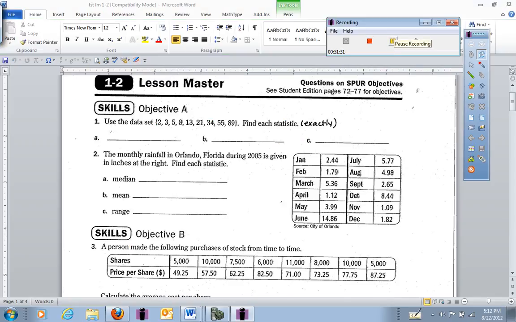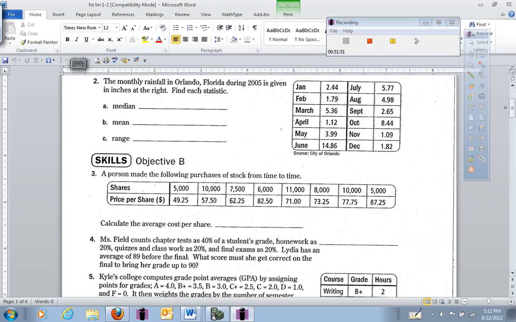Which now brings me to lesson master 1.2. I'm going to go ahead and use some remaining time here to talk to you a little bit about lesson master 1.2, because there were lots of concerns about the questions on this, and I want to make sure that you get a fair shot at looking at those like the other classes did. I'm going to start with problem number 3. Problem number 3 is like problem number 11 on the back, and I'm going to go ahead and label this